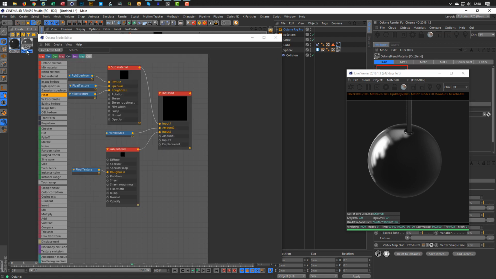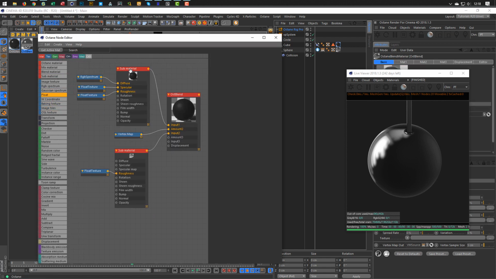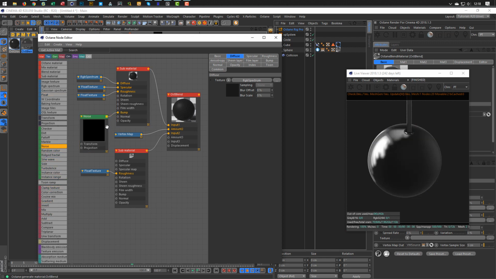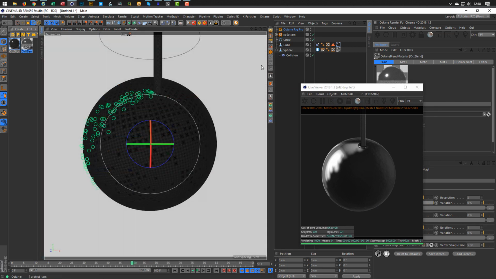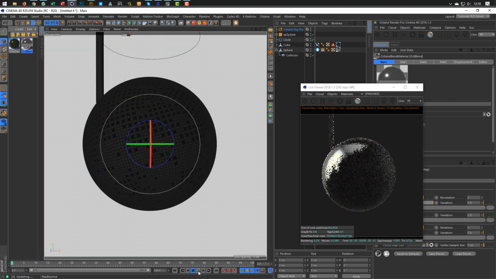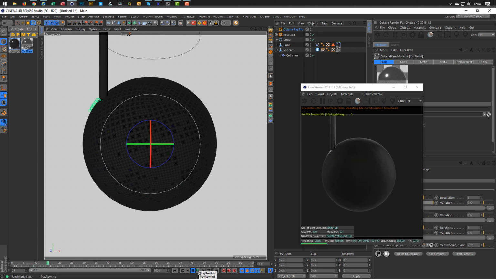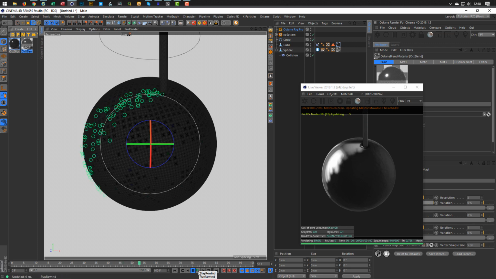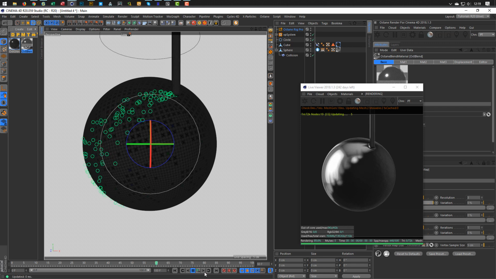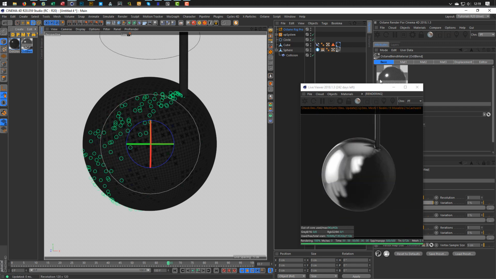So let's make it here a little more interesting. Give the black material here a little noise. Whoops, bump. We have a little noise in here, that looks nice. Okay. And now we have this animation. Of course, as I said, it looks not like the original one, but when you play with the settings and everything, you should get a really nice